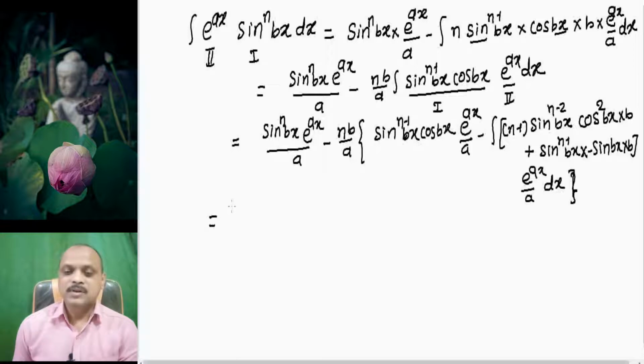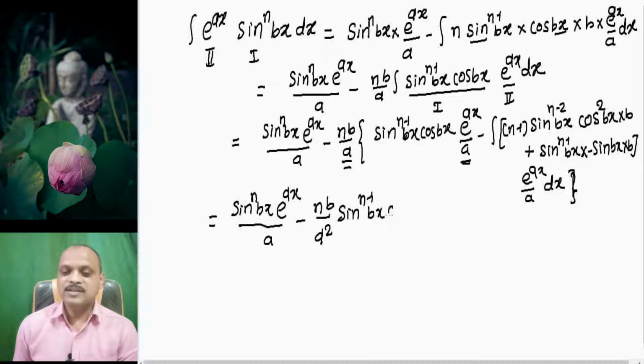This is equal to, let me write one more step, sin raised to n bx e raised to ax divided by a minus, you can see that this nb divided by this a and this a, we will get a square, sin raised to n minus 1 bx into cos bx into e raised to ax. Then this minus and this minus will be plus and we have nb divided by a into integration of